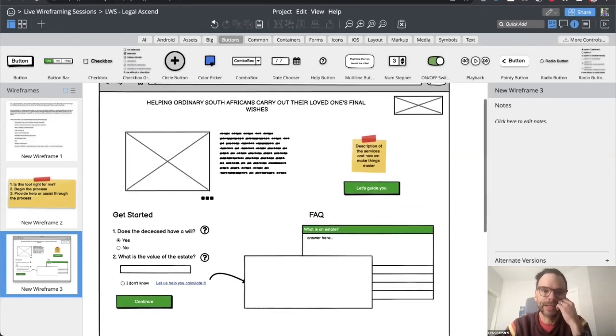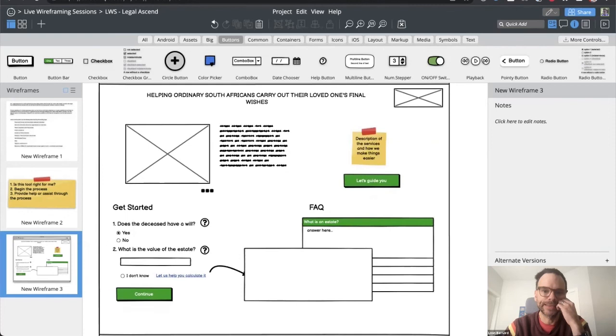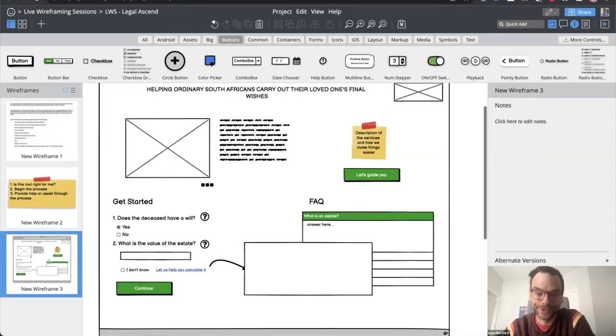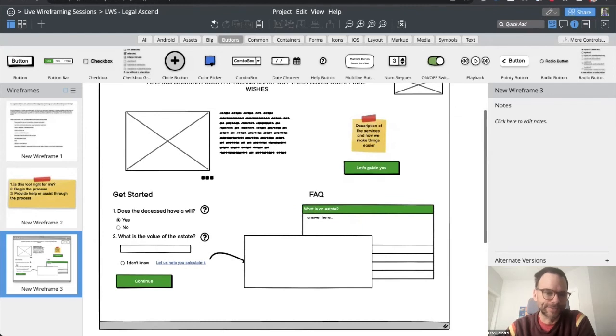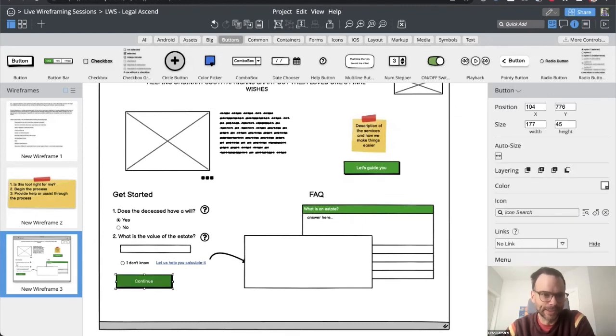I'm going to think about it now. When I was building this, and that's one thing about wireframes, I had no idea where I was going when I started. You're just talking it out, and then it starts to come together. I think I still had in mind to have one call to action. I think I just ended up duplicating that button because it felt like there should be some call to action in the top half of the page, but it also felt like there should be something down here once you've started. So I don't quite know.